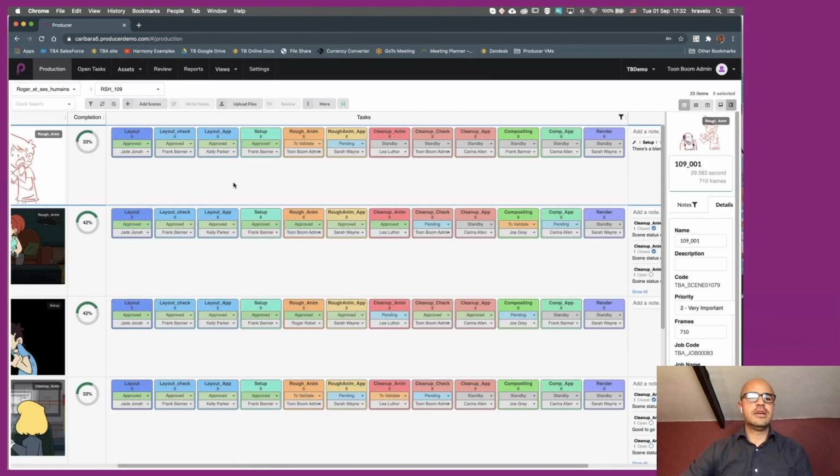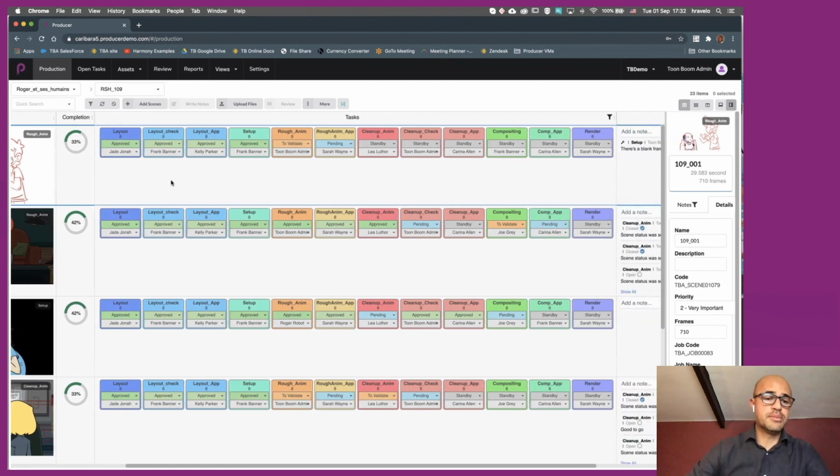In here, you can see the workflow that I've just showed you, from the layout all the way to render. In order for you to track a specific scene, you first need to assign a user to a specific stage of your production.